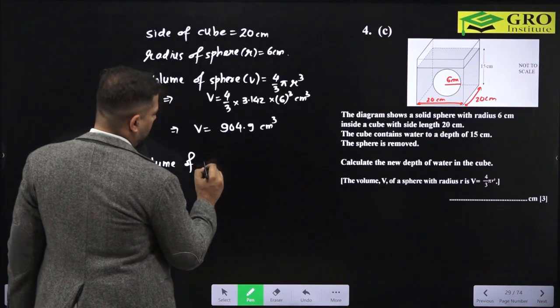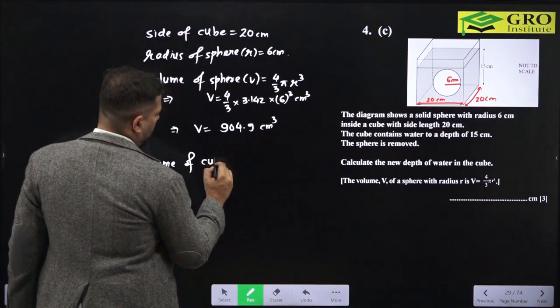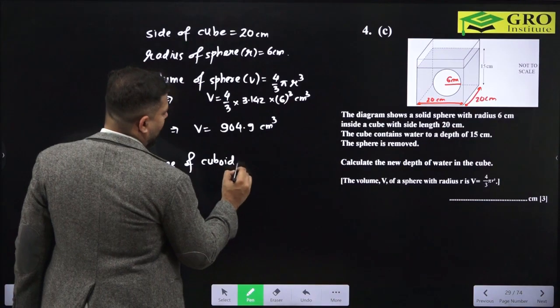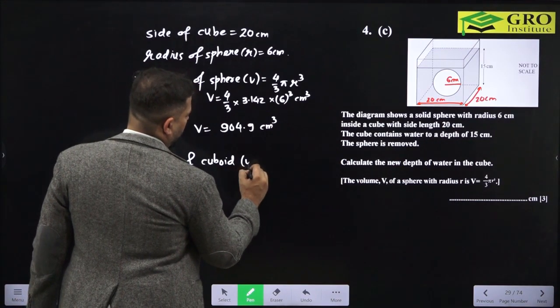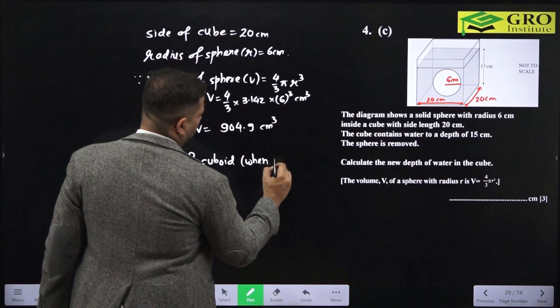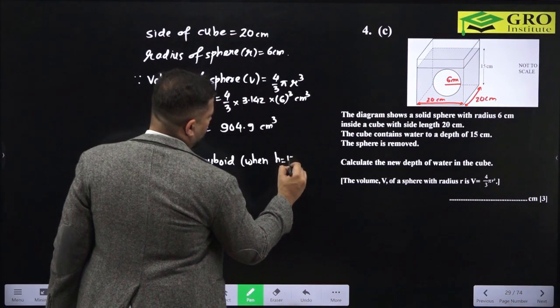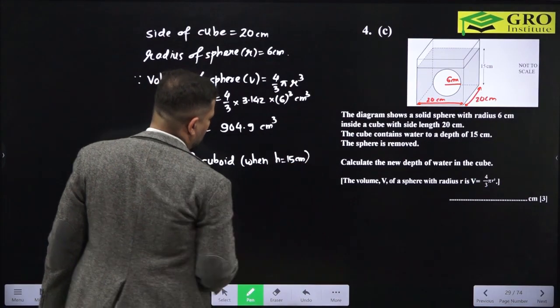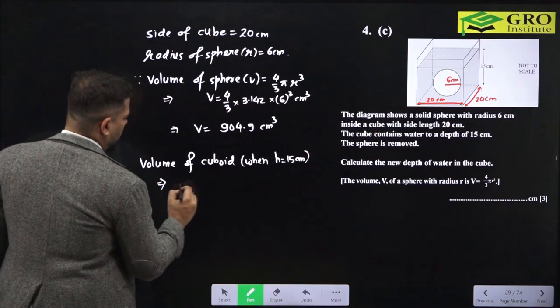Volume of it will now become a cuboid, isn't it? Volume of cuboid when h is equal to 15 centimeter, right? Let us find it out. So this implies that